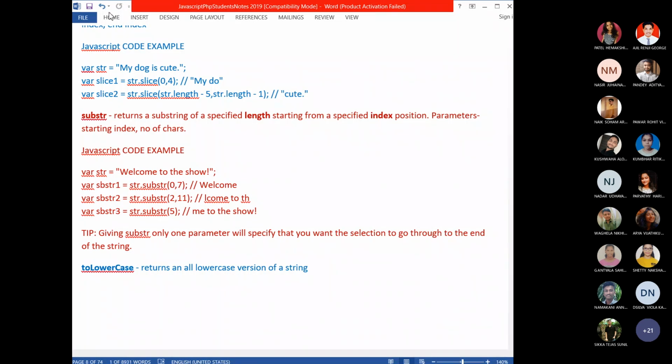Now, students, please listen. You have string, array, number, date, and other objects also. But all those objects also have their own methods like this. But I'm not going to teach all those. I will give you the material. You have to go through it. If you have any doubt, you will ask me.